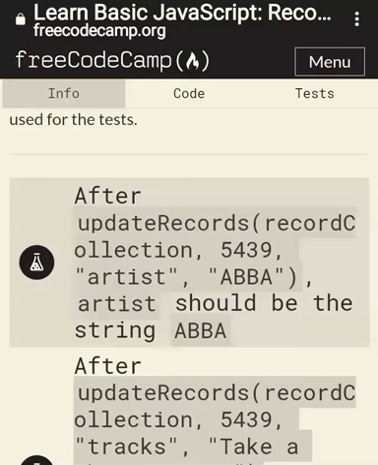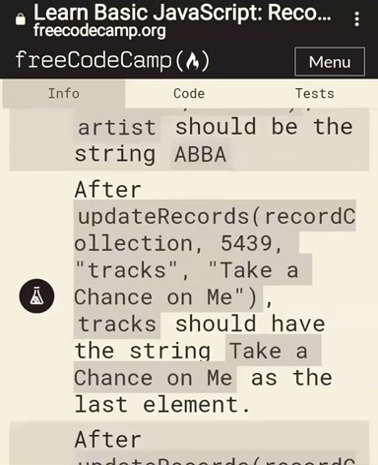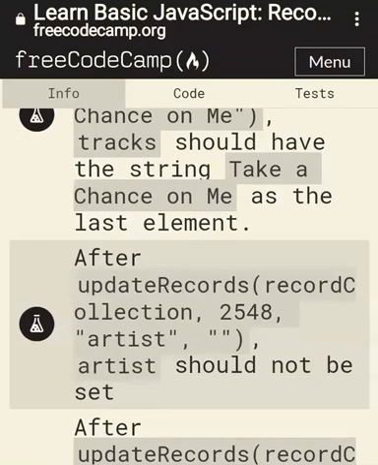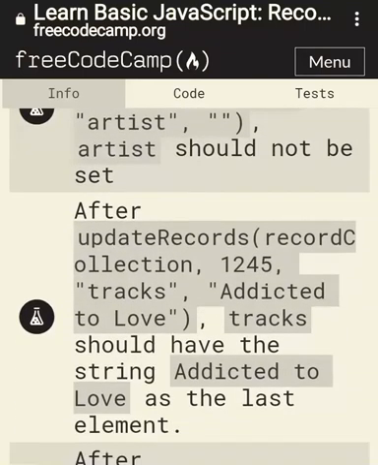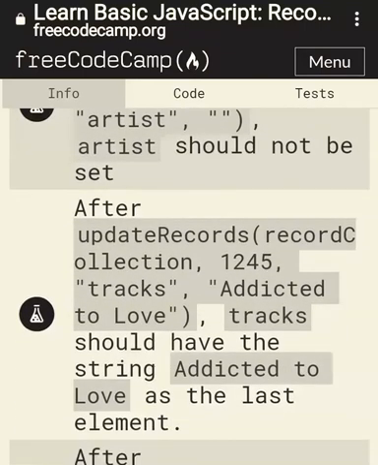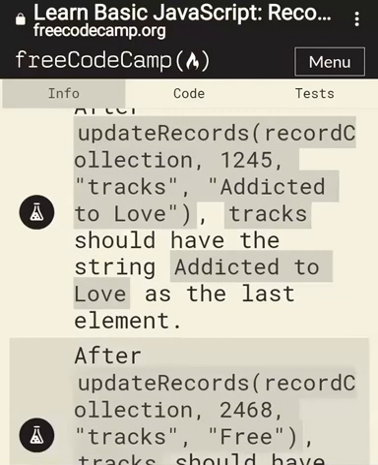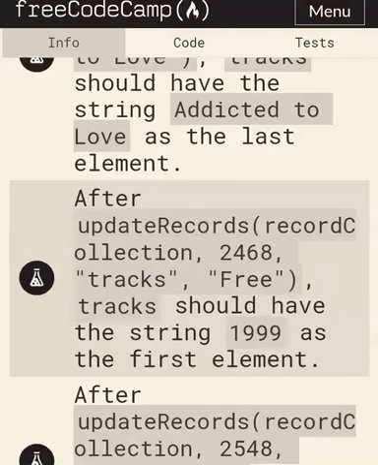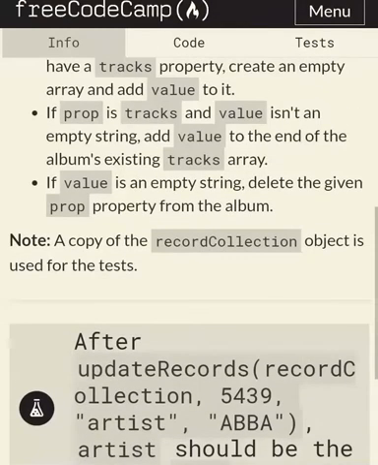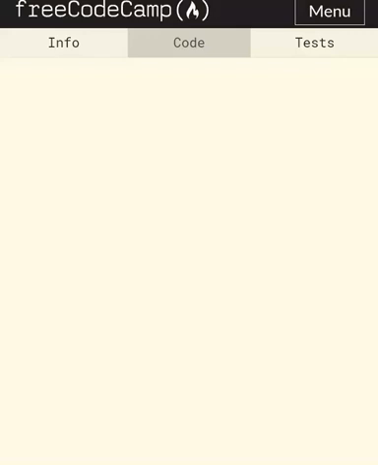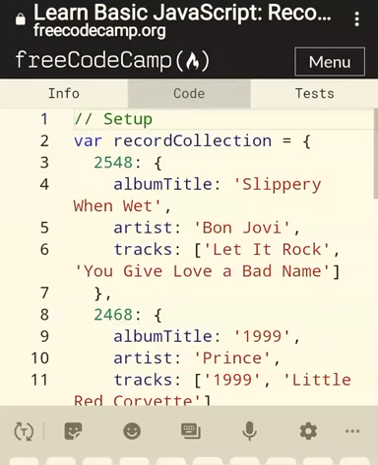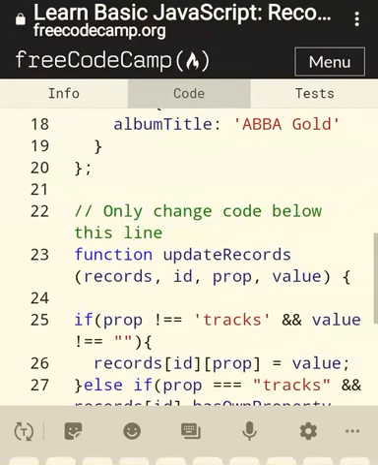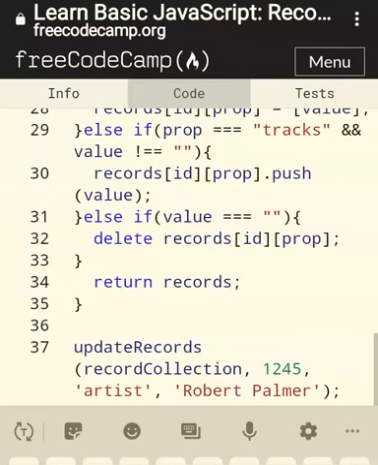So what I'm trying to say is you need to use this update function. Half of it is done for you, and the record collection is given for you with their ID and values and props, etc. You need to use your prior knowledge of how to access JavaScript objects and arrays, and how to use conditions like if else, and using those conditions, how you need to access them and how you need to update them. So here, for example, you've been given the code, which is the variable record collection, and all these are the albums with the details.